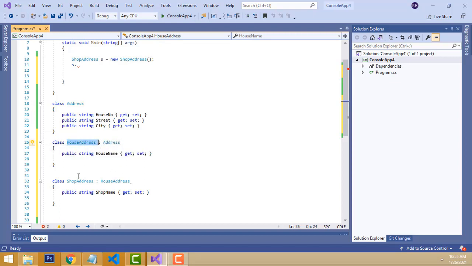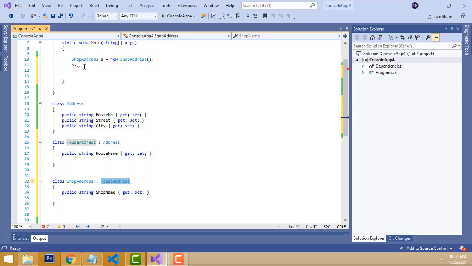Again, the shop class also has to call this address, so we have to inherit the house address. The shop house address includes all the address class properties, and the house class properties are also included. Both will be coming here.